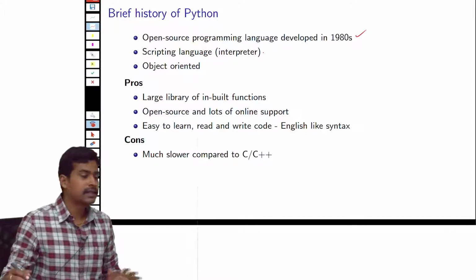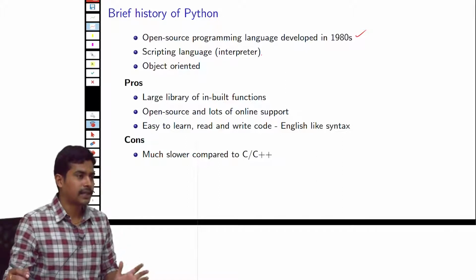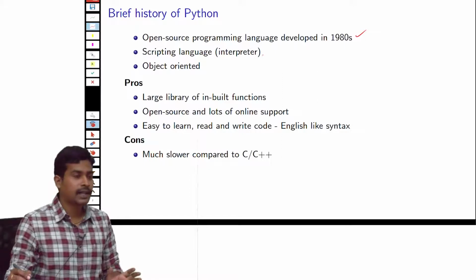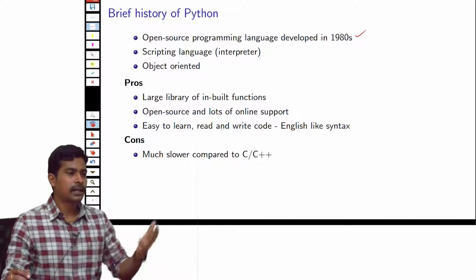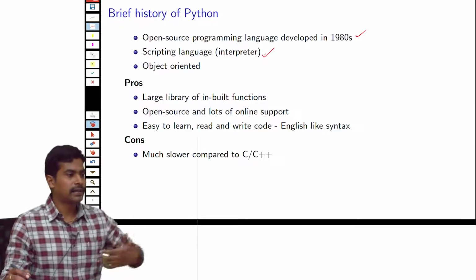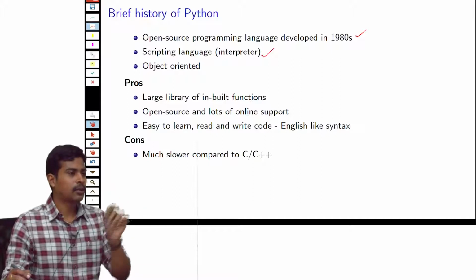Python is a scripting kind of language, and it's an interpreter-based language, not like C or C++, which are compiler languages. The difference is, in C, if you write a program and compile it, the whole program gets compiled and after that you execute it. But in Python, if you write a 20-line program, the interpreter will take one line, execute it, and then go to the next line.